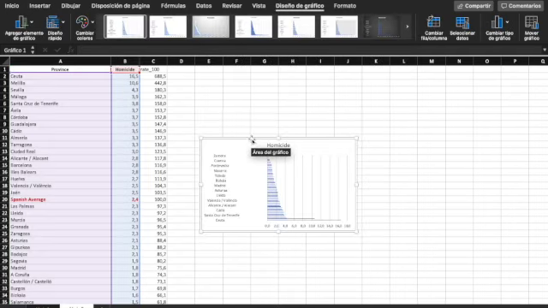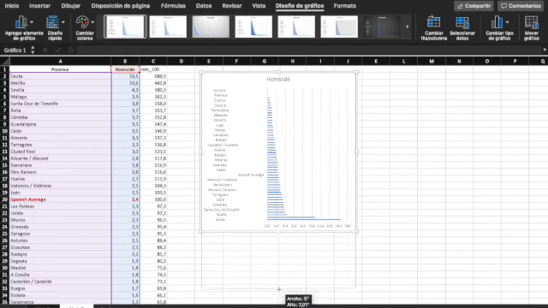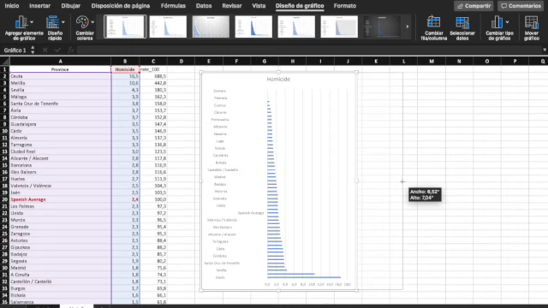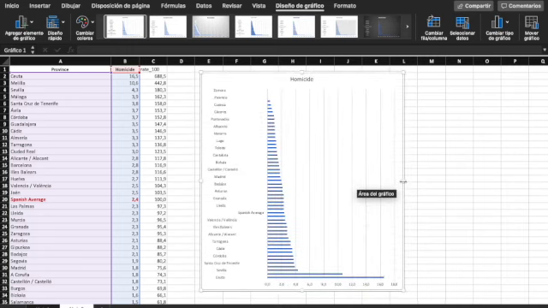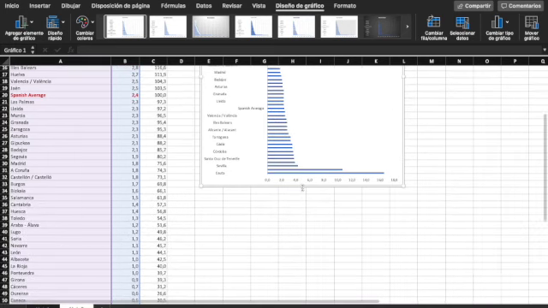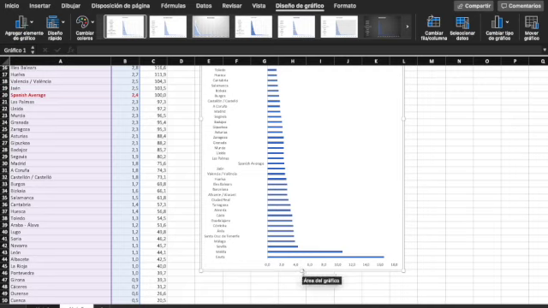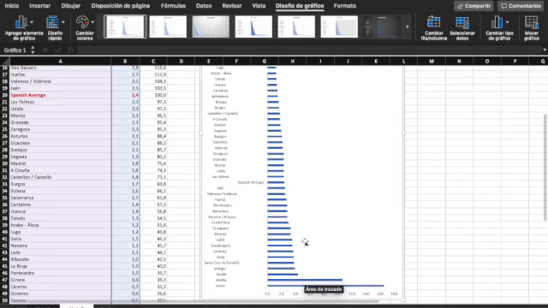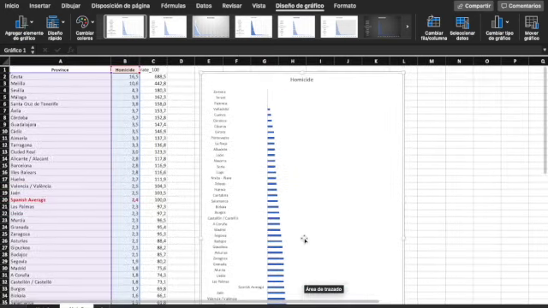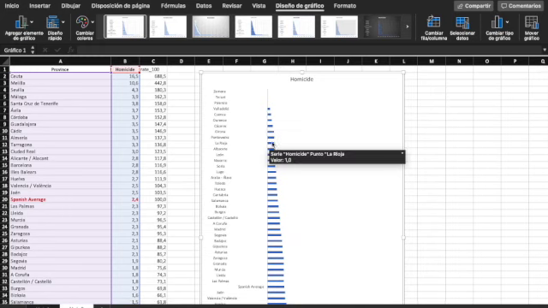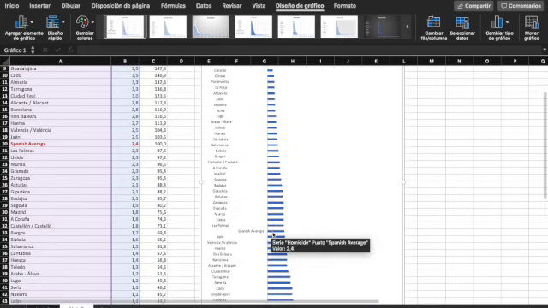So what we have here is a bar graph of homicide by Spanish province. As we can see, this is a very ugly graph. Most of Excel default charts are very ugly. So we need to learn how to change these things to make it a little bit more